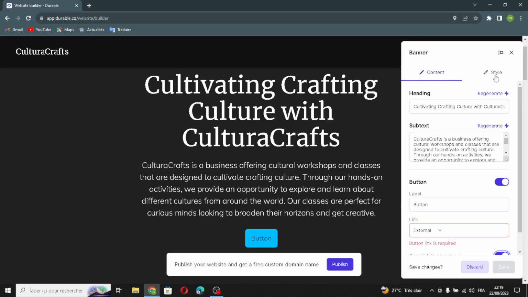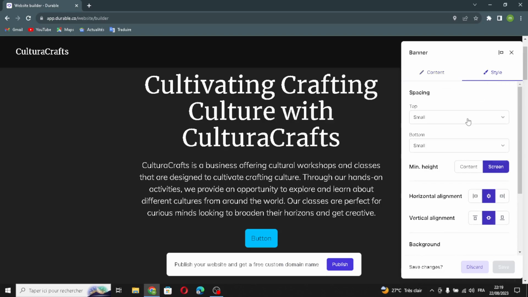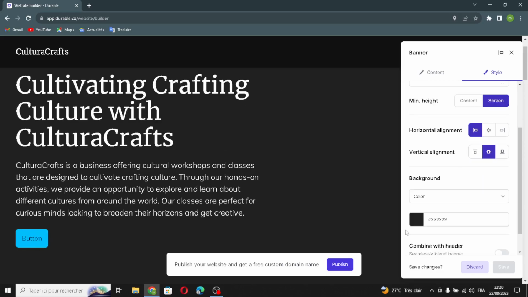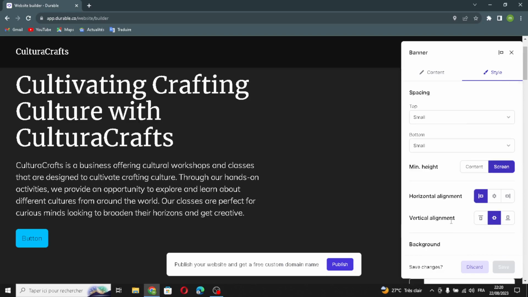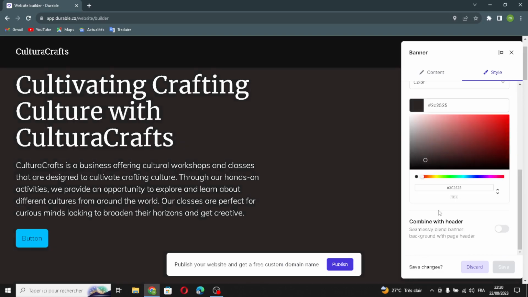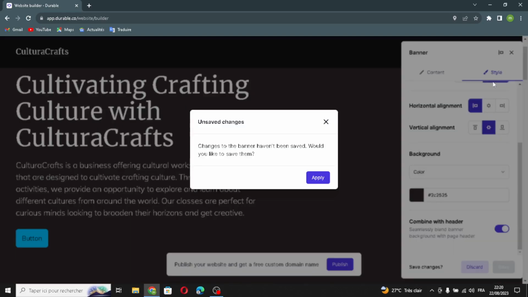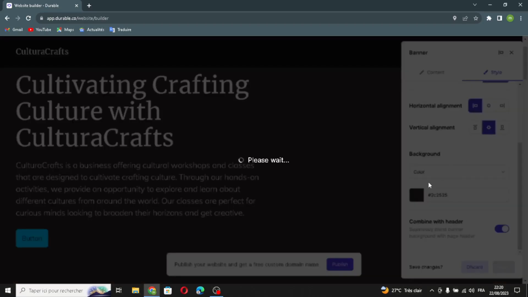Just turn this on. And also here if you want to edit the style of the section, the spacing and the main height, if you want to make it screen like this, the horizontal alignments, the vertical alignments, and the background if you want to change the color of the background, and if you want to turn this on and combine with the header. So let's close this, let's save it, and let's move on to the next section,